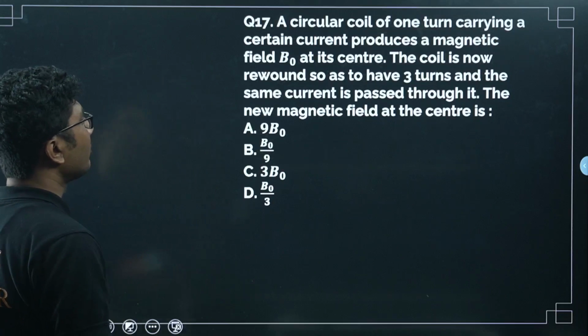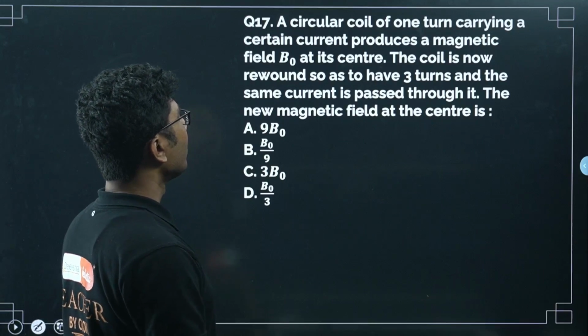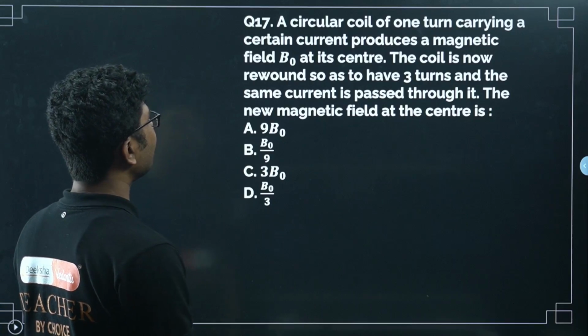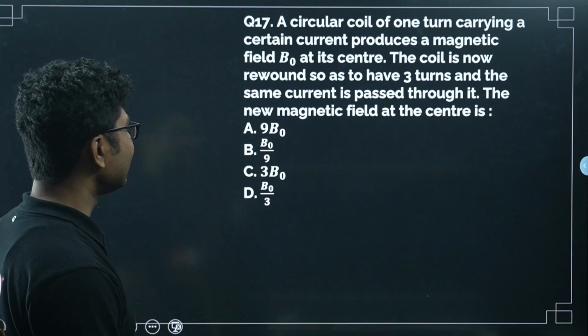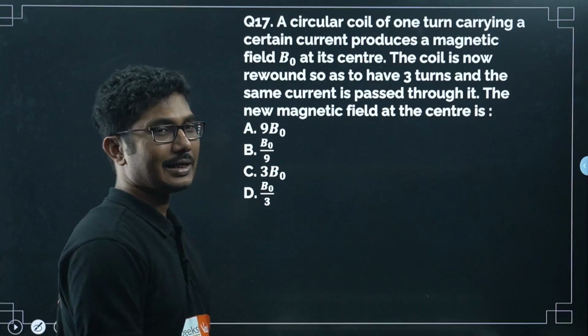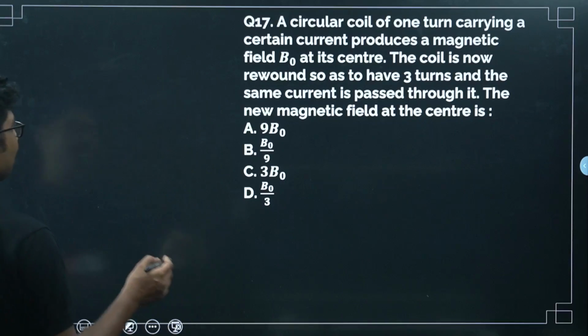A circular coil of 1 turn carrying a current produces a magnetic field B naught at its center. The coil is now rewound so that it has 3 turns and the same current is passed through it. The new magnetic field at the center will be? So now we know that